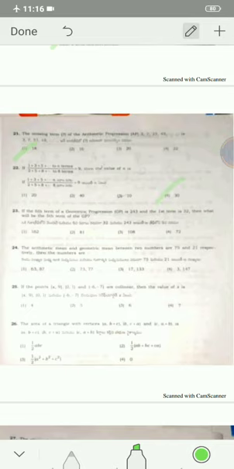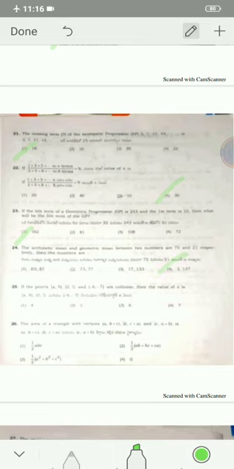Okay. 23. The fifth term of GP is given 343 and first term is 32. Then what is the value of fifth term of this GP? So it will be 162, option 1. The arithmetic mean and geometric mean of two numbers are 75 and some number is given respectively, and the numbers are 3, 147, which is option 4.